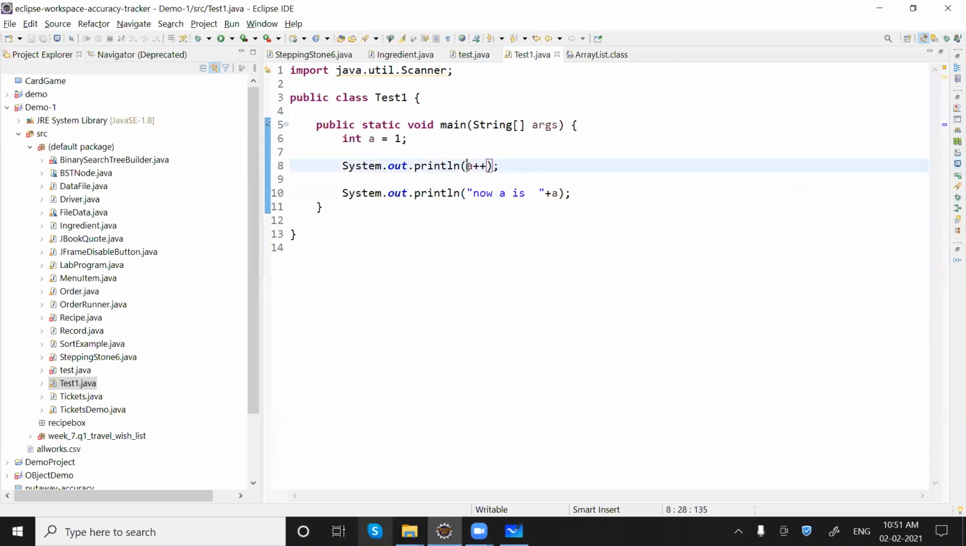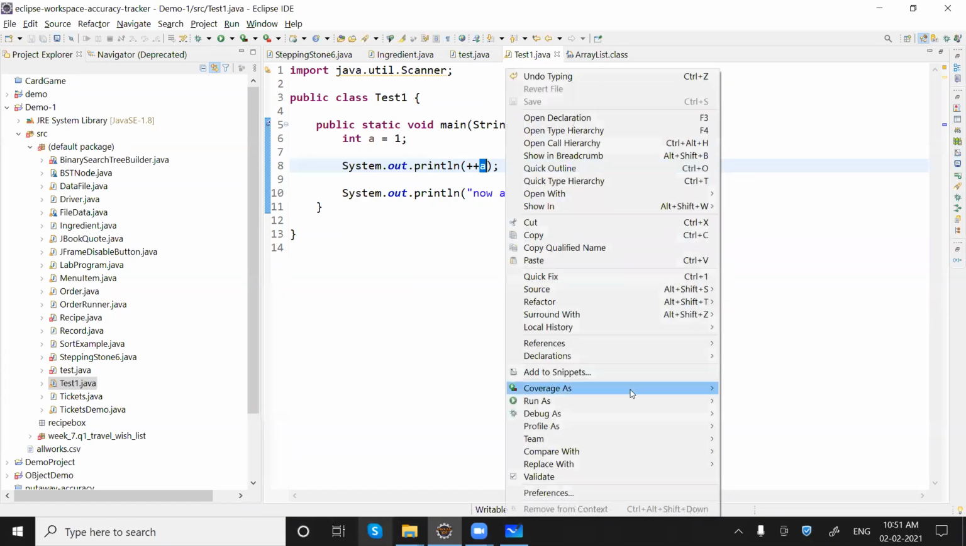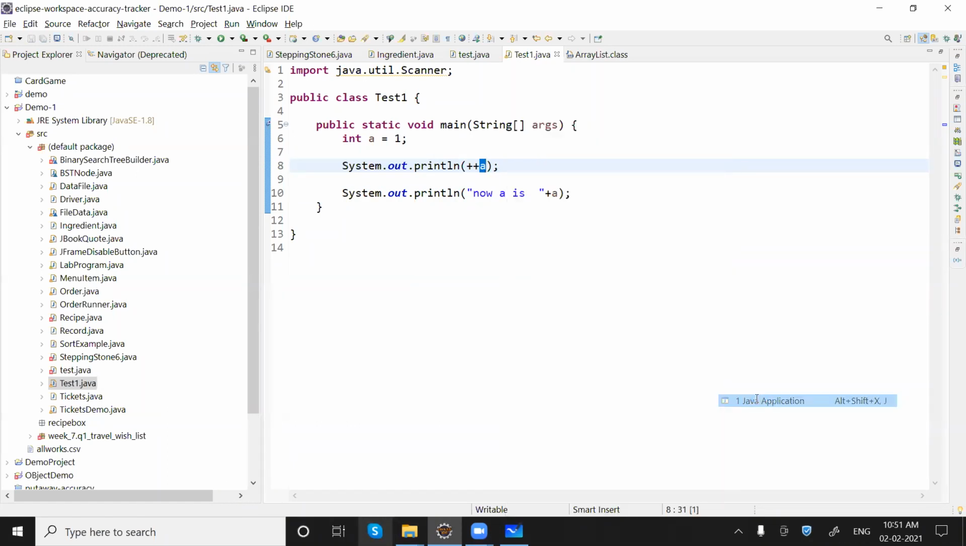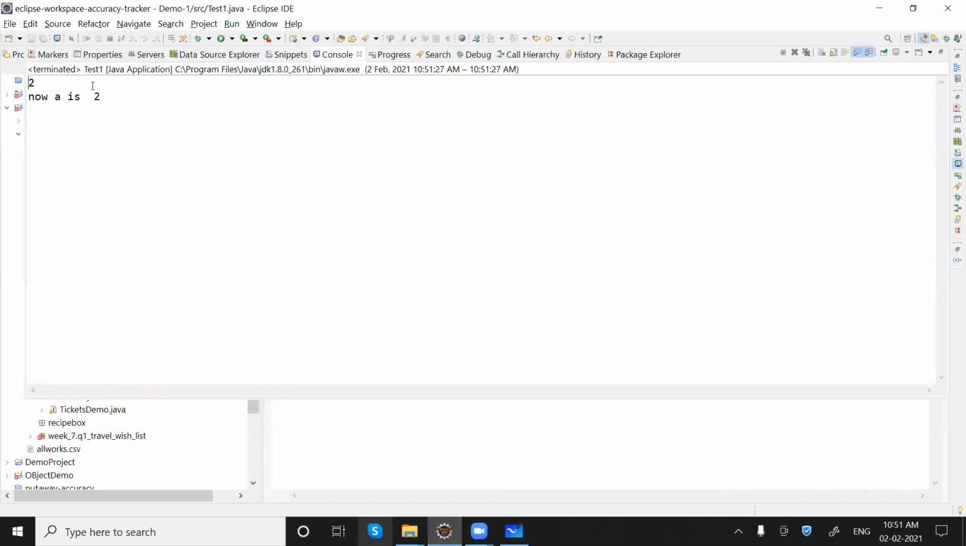Now when we say this one, it will first increment the value of a and then print. So in both cases we are going to get 2 only. Now you can see, right? So anybody has